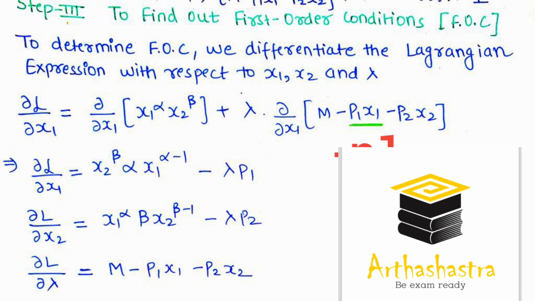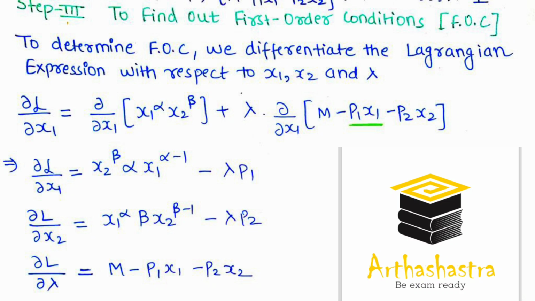On differentiating this term with respect to x1, p1 is a constant, and it's in multiplication, so it will not become 0, it will remain p1 only, and the differentiation of x1 with respect to x1 is 1, and minus p2 x2 will become 0. So we will get minus lambda p1. So the whole partial differentiation of the Lagrangian function with respect to x1 will be x2 raised to the power beta times lambda times x1 raised to the power lambda minus 1 minus